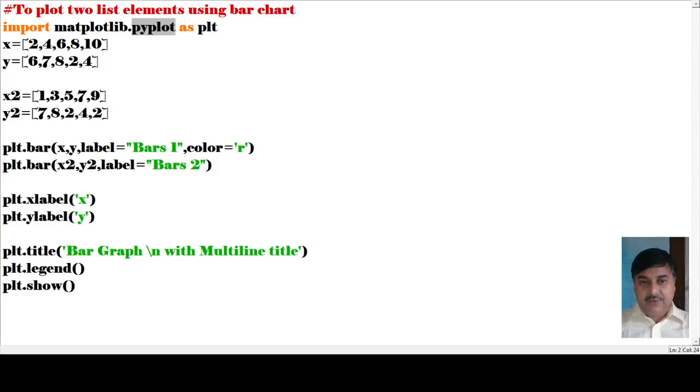After that, we have plt.show. Show means it is going to show the particular graph for the values that have been given here.